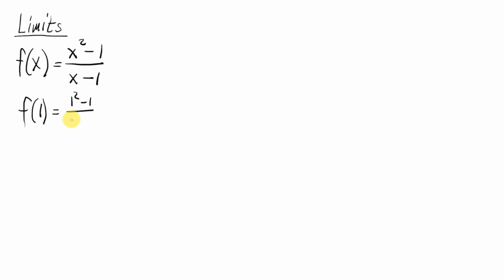If you have the function f of x equal to x squared minus 1 divided by x minus 1, then we cannot calculate it for x equal to 1, because then we get 0 divided by 0. And that's not defined. However, if we put in values very close to 1, then we can calculate it. So for example, if I put in 0.9,